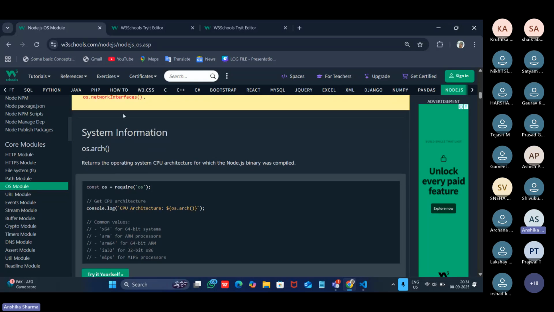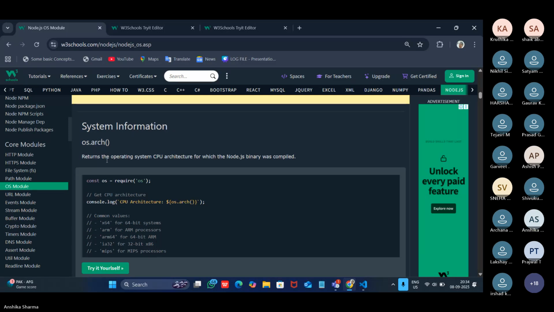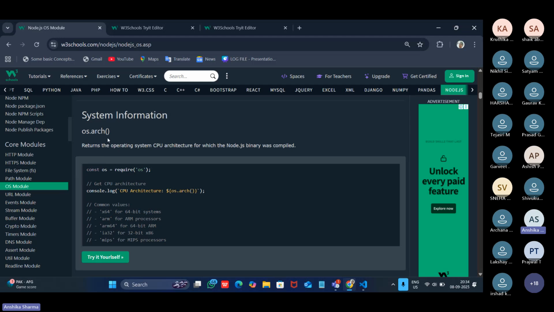So next is system information. Using this OS module, we will see how we can get information about our system. The first method is os.arch. As we have already seen, this method gives us the information about CPU architecture. It returns the operating system CPU architecture for which the Node.js binary was compiled. If we log this, we get our CPU architecture.